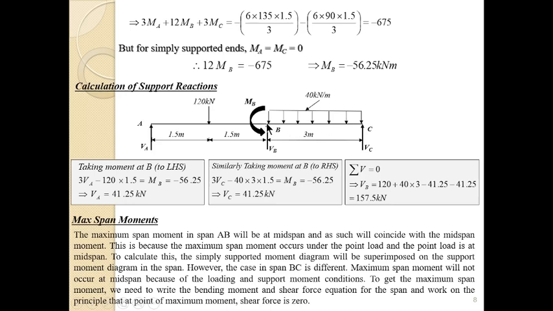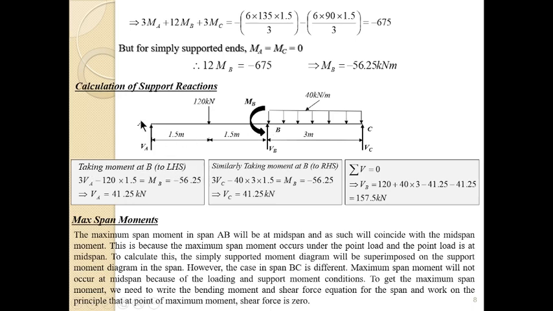So that means if we know the bending moment at the section, we can stand at that section and take the algebraic sum of moment of all the forces either to the left or to the right and equate it to the bending moment that we know. So this is what we are going to do. First of all, we are going to stand at B. So if we stand at point B to take bending moment, let's take it to the left hand side,